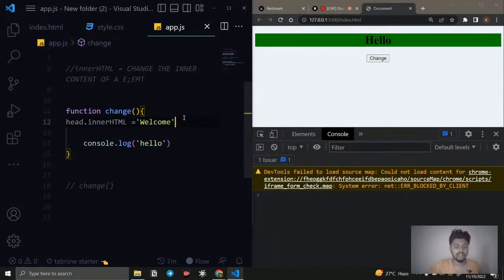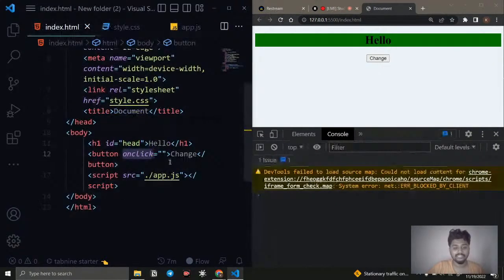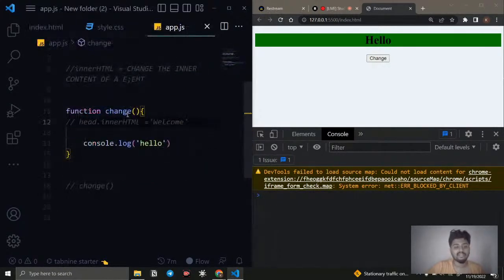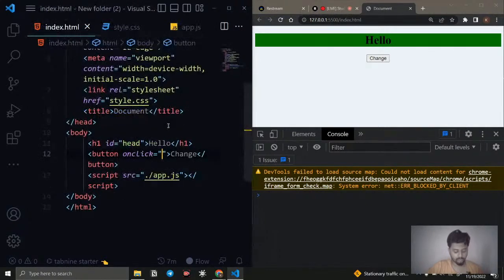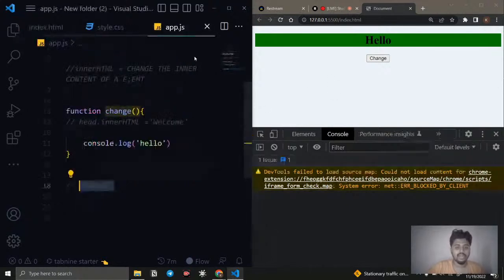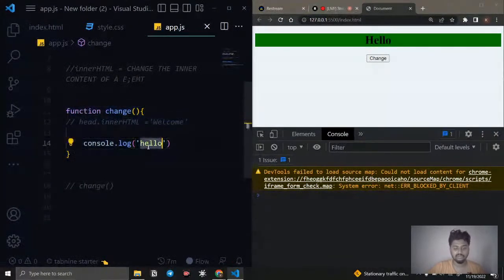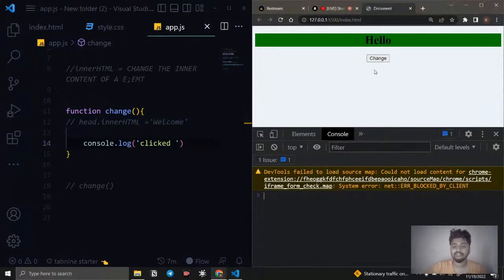Okay, let's see how it is working. I'm just going to comment this one. Inside these curly braces, it will take a function call. So what is the function call we need to run? It is going to be change. I'm just going to copy this change and put it inside. Okay. So now what is going to happen is when the button is clicked, the function gets executed, and in the console we are going to get 'button is clicked'. If I click this, you can see button clicked. If I click again, you can see 2 times. If I click again, we can see 3 times, right? So this is what it will do.